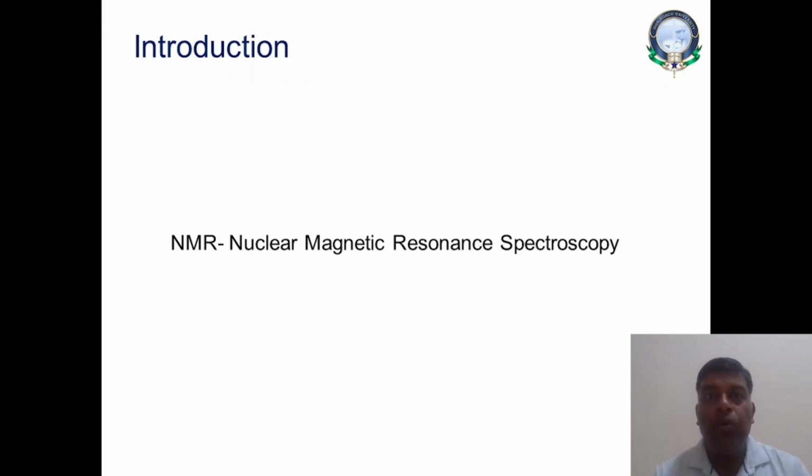So what we are going to study here is the nucleus of any atom. The nucleus basically consists of neutrons as well as protons. The protons are positively charged, whereas neutrons have no charge. So overall the nucleus bears a positive charge, and as we have studied earlier in our school days, this nucleus is revolving around its own axis. But physics says that whenever a nucleus is revolving around its own axis, it produces a magnetic field.